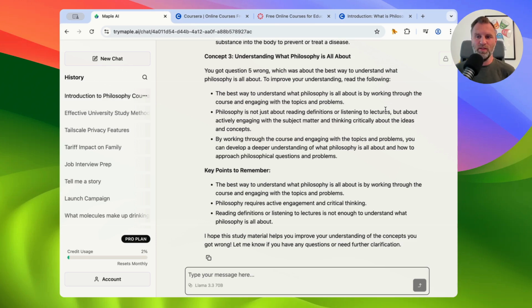Throw them into Maple and say, hey, I really enjoyed this lecture. I want to learn the material better. So create me a quiz or create me study material based off this lecture so that I can better understand these concepts. Build me an entire course off this lecture material and go deeper on the topic. There are all sorts of different ways that you can branch out from here, that Maple can help you become a better learner and become more